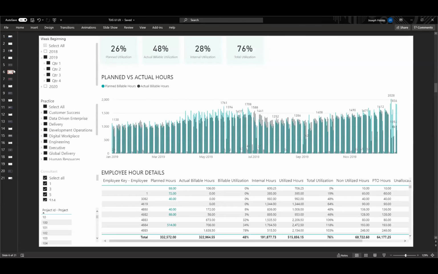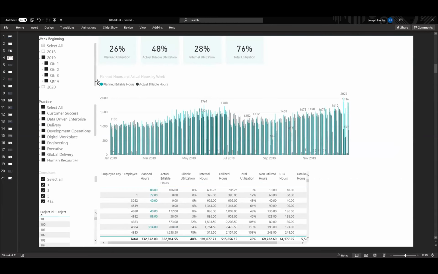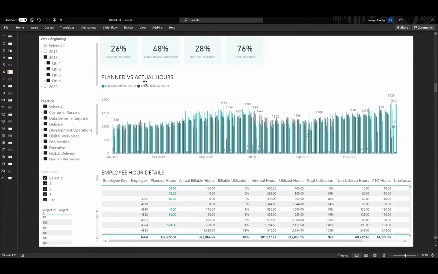So what I did here is just a few small changes. I added a much bigger header than before. So coming back here, right, we asked the question, well, what am I looking at exactly? It's very difficult to read their planned hours and actual hours by week. So I went ahead, I made this bigger, and I also capitalized the whole thing to make it stand out a little bit. I did the same down here. The column headers that I had in my tabular format here were much smaller before, and I increased them a little bit. You've got just a little bit better use of size.